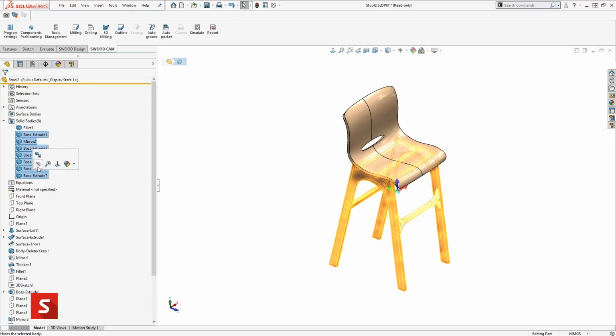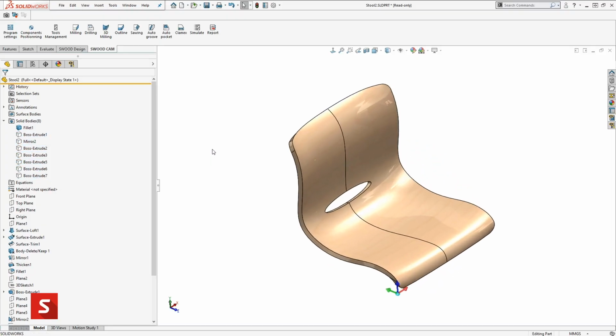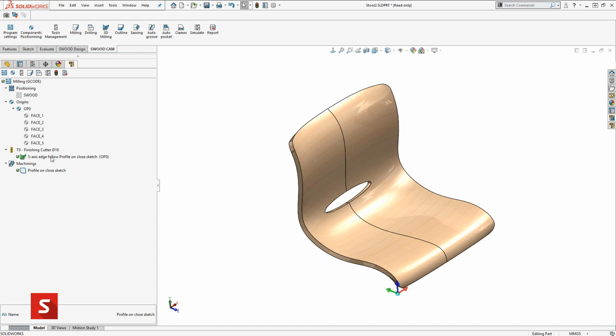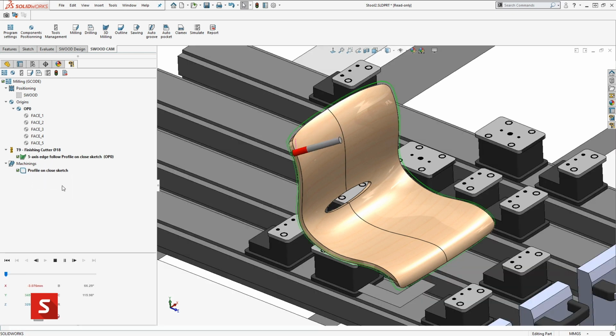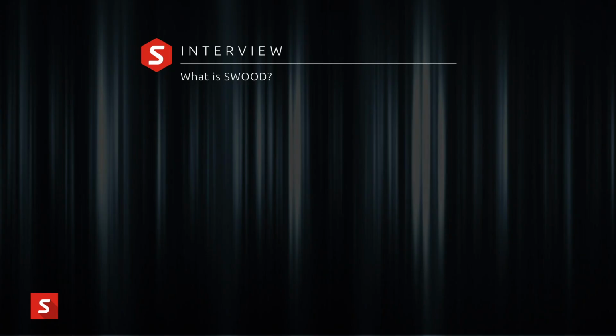SWOOD will really just turn the model that you design in SOLIDWORKS and make it ready for manufacture, allowing you to add more information that's relevant to the manufacturing and the design process. So by that I mean you can design a complex reception desk inside SOLIDWORKS and SWOOD, and then use SWOOD functionality to add on connectors, edge banding, apply the correct materials, control the grain direction, and then quickly produce toolpaths, cutting lists, hardware lists and requirements off the back of that.